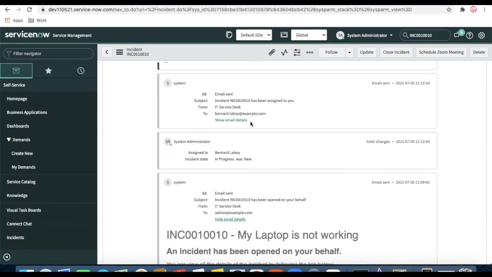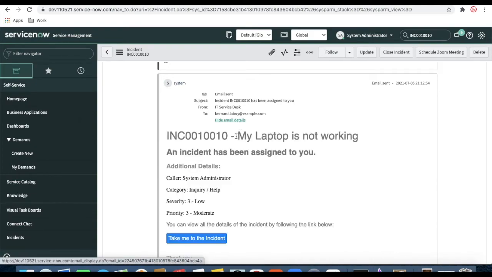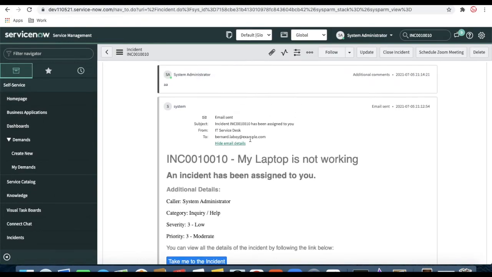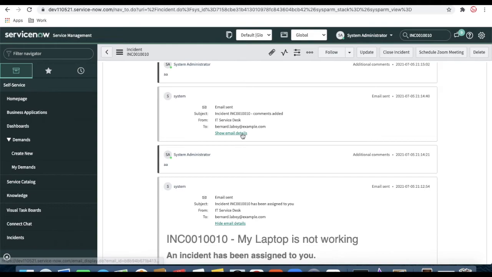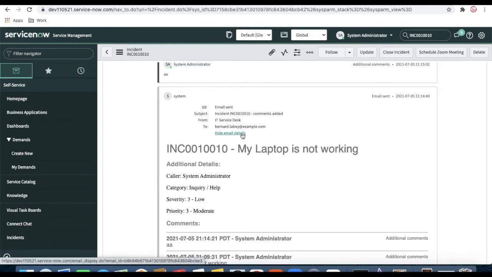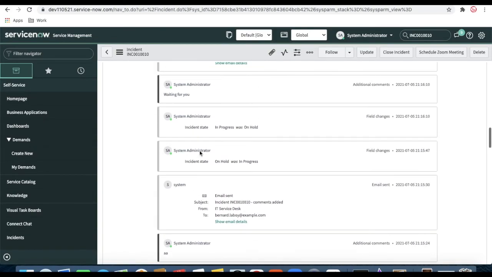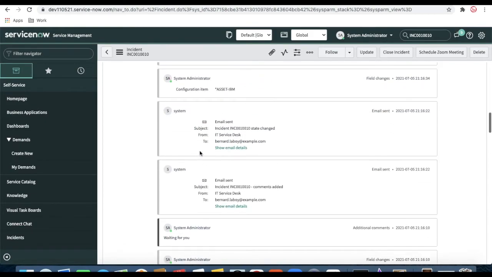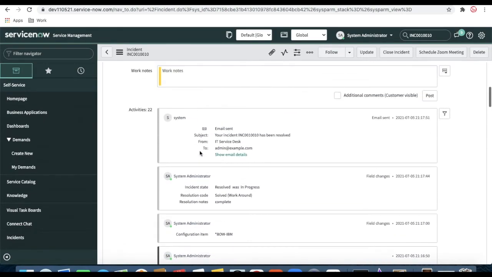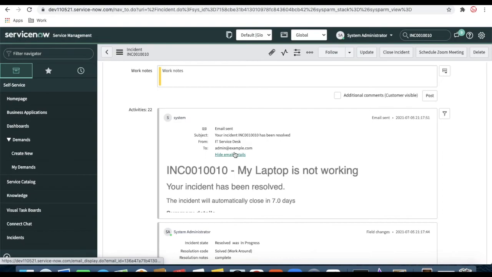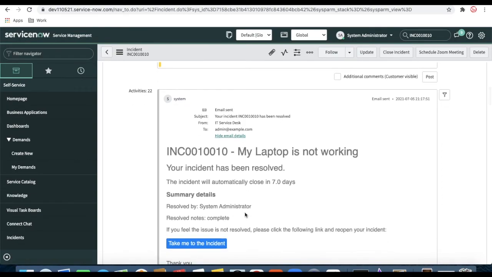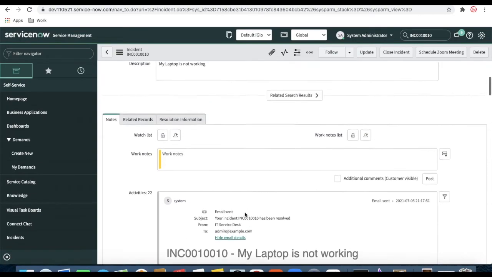Whenever the incident is assigned, a notification will be sent to the assigned to person. Third notification, whenever comments are added, a notification will be sent to the assigned to person. And finally, whenever this incident is resolved, the requested for will get a notification for the resolved incident.